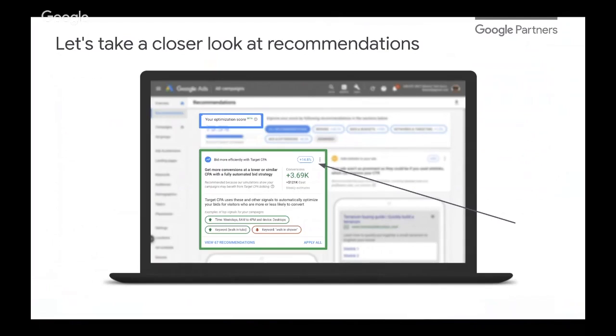Then underneath that, you've got your estimated increase in conversion. So this is a weekly estimate. And then underneath that, you've got your increase or decrease in costs, should you apply this recommendation. And depending on the recommendation, there'll be an increase or decrease in costs. So on the side of that, there's a bit of an explanation as to why you should apply it. Then underneath that, you've got your top signals that will be taken into account should you apply target CPA to